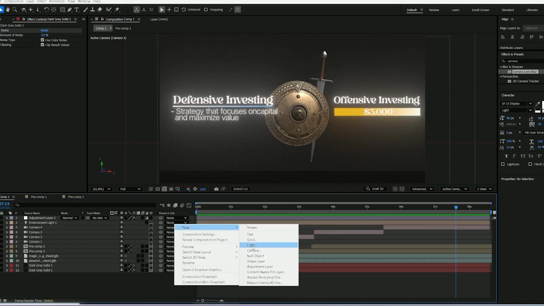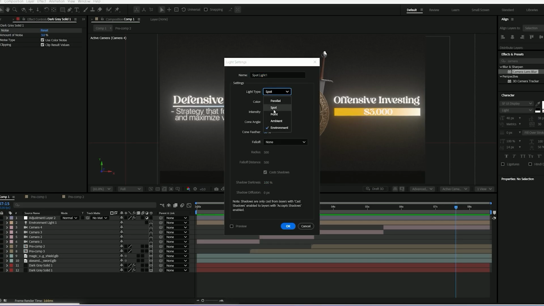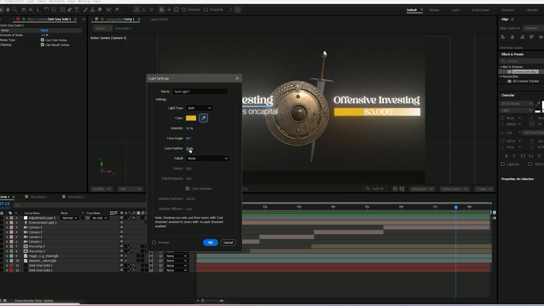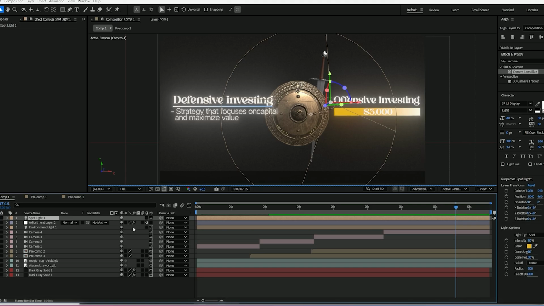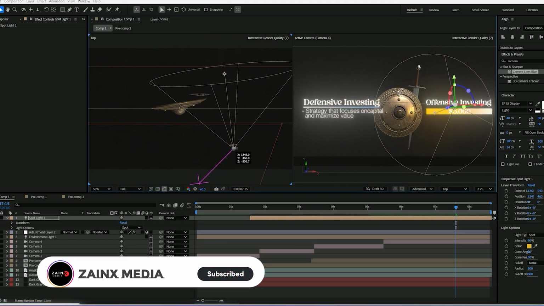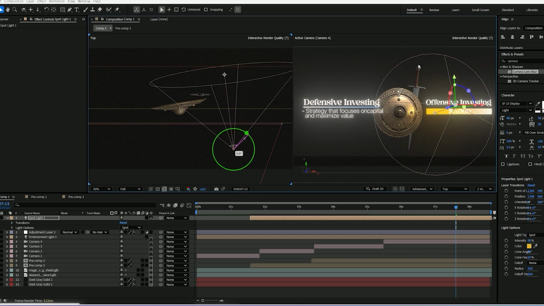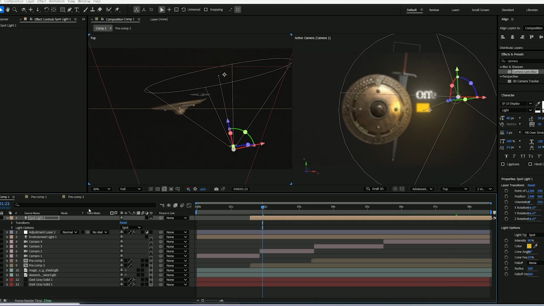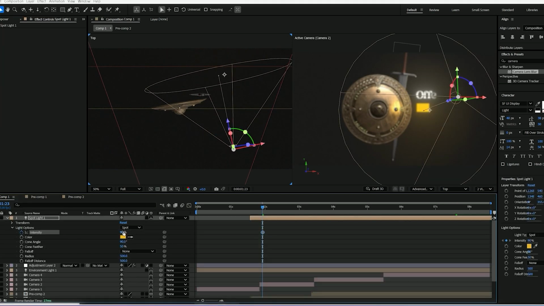Now it's time for the environment lighting. Right click in the timeline, choose light, change its light type to spot and change the color to the shape color. Orange for the left side and blue for the right side. Now by using 3D handles, position the light on one side of the shield, making a light effect from the